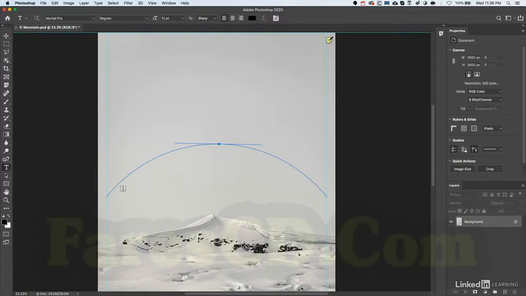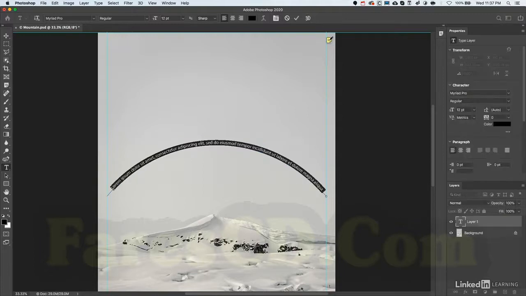When I position the cursor next to the path, the icon changes, and clicking will add the text to the path. It's added placeholder text right now, so I'll use Command V in order to paste in the text that was on the clipboard. But we can see that the text isn't starting at the beginning of the path,